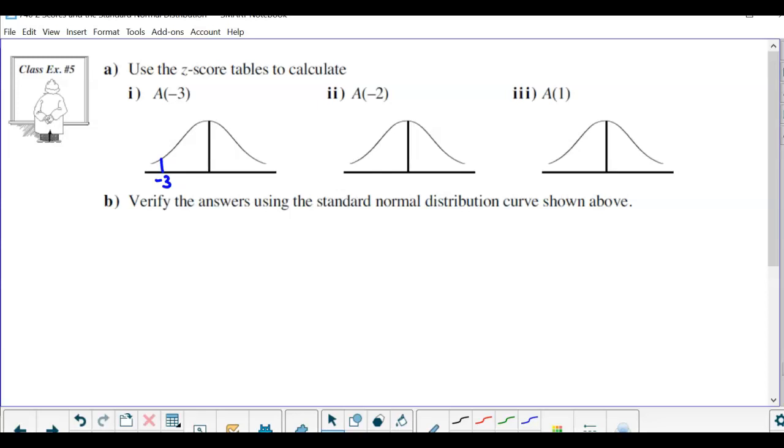And we want to find the area. When it gives just one value, it always means from the left. You might find different areas, but if it just gives you one z-score, it means from the left, just like you read a book, left to right. Okay? So in your calculator,